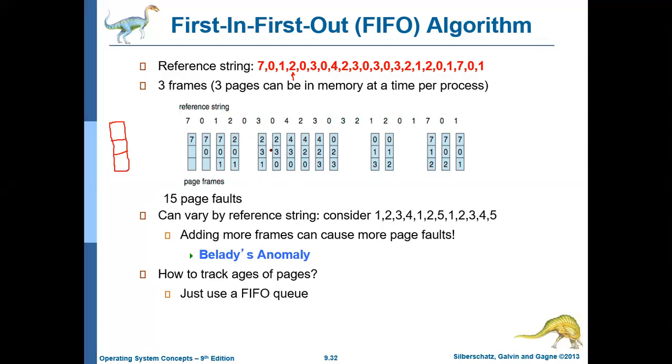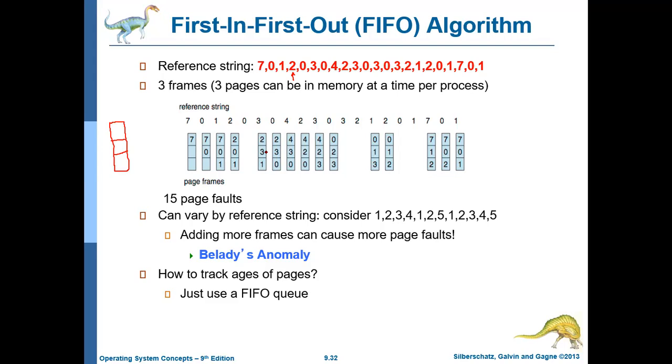I'm just repeating one more thing here. In this point of time, here you have inserted this 3 by removing 0. You have removed 0 and you have inserted 3. Next value is 0. 0 you have just removed. You have one more page fault. Why? Because you just removed 0. What if we must have removed 1 or we may have removed 2?